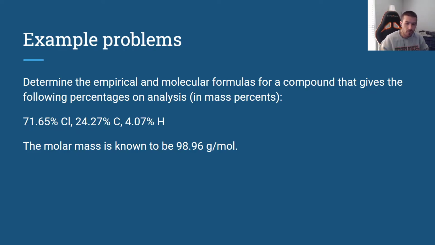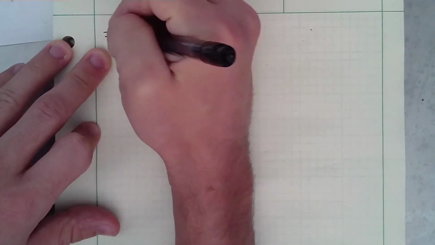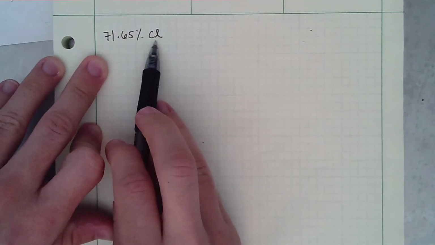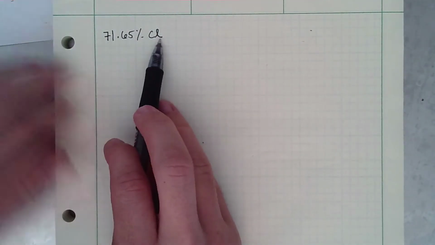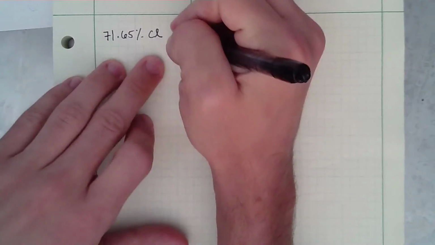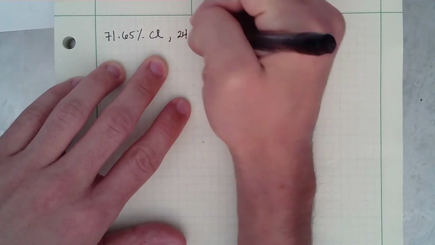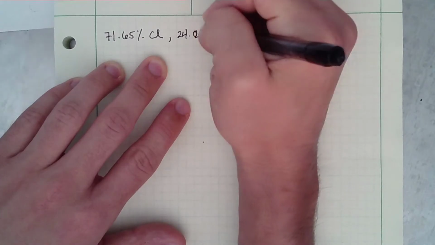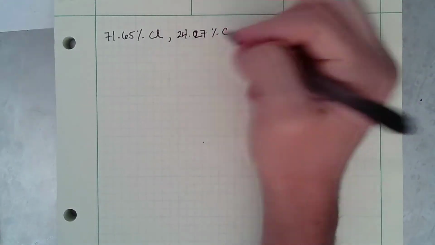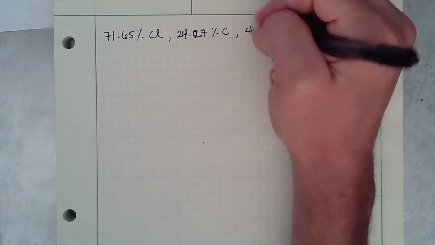Okay, so let's go ahead and transition over to the document camera once more. Okay, so let me rewrite those percentages. It is 71.65% chlorine. By the way, this is how I always write chlorine, capital C, and then a lowercase cursive L. That can be beneficial sometimes. Second percentage, 24.27% C. Okay, that's a 27 there. And then the third percentage, 4.07%